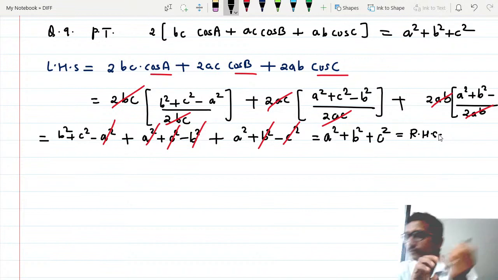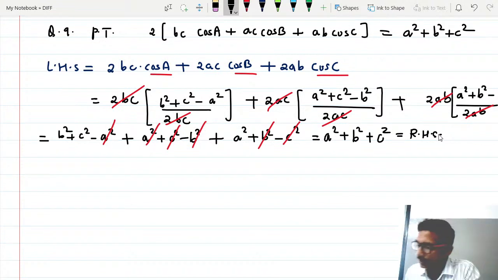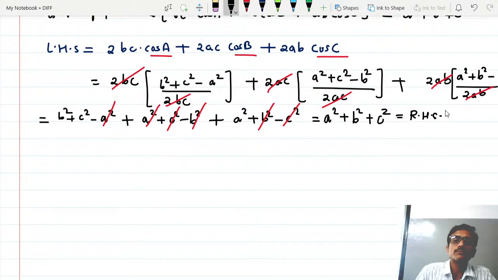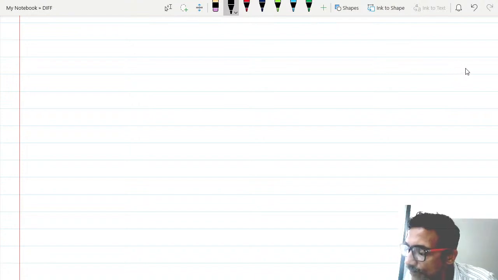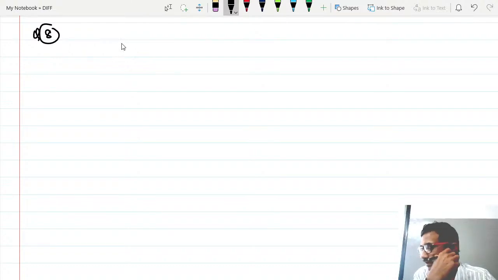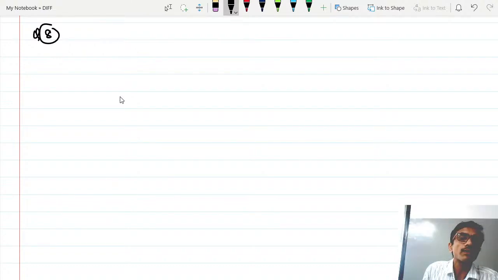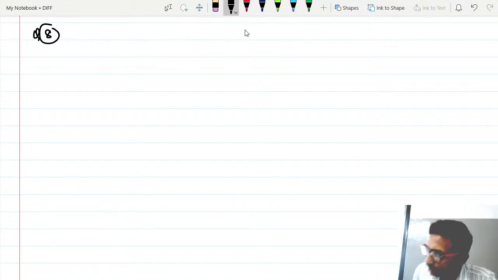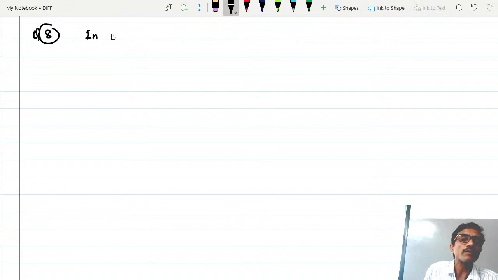Then next question we will do here. We will do the next question, that is question number 8. As earlier I told you, 10th, 11th and 12th question is not there for exam. It is deleted portion. So question number 8, in triangle ABC,